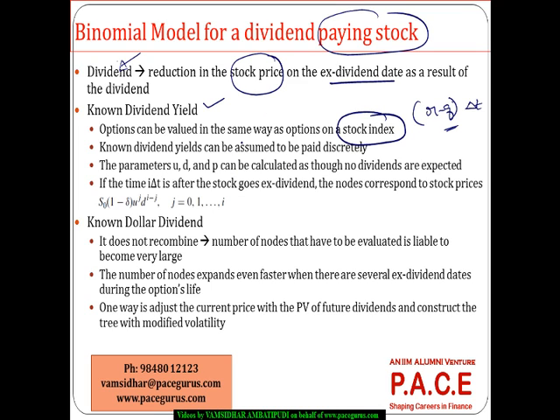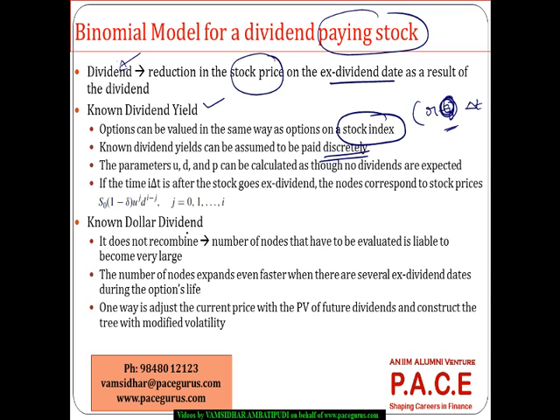So the other way is, instead of taking this dividend yield on a continuous basis, see, if I do it for an index, it is much okay. The reason being, every day some stock or the other pays the dividend. So you find that dividend is paid almost every day in some numbers or the other. So if I am assuming the continuous dividend yield, in case of index, it is more and more reasonable. But if I want to assume the same for a stock, assuming Q on a continuous basis goes slightly away from reality. Now this is where we can think of assuming the dividend yields